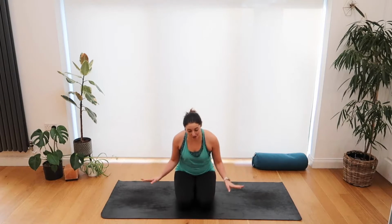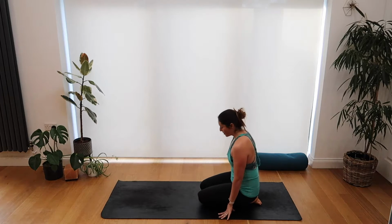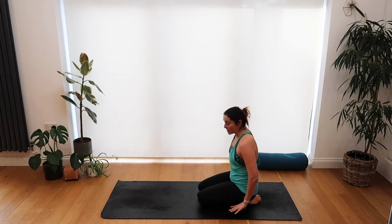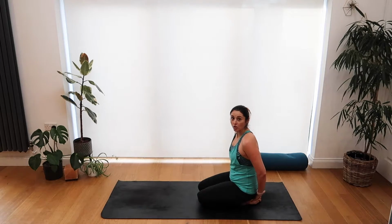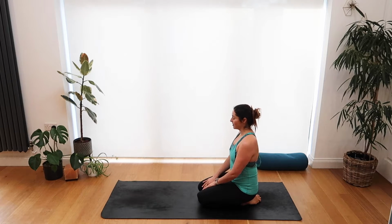We're going to be going through a nice slow flow just to get everything moving, start to loosen up those joints and to get you ready for the day. So grab your mat and go ahead and join me here on your knees. So we're going to just start by sitting back on our knees. If you need, you can put a block or cushion or some blankets underneath your bottom and just place your hands on your legs. Close your eyes and just take a nice deep inhale